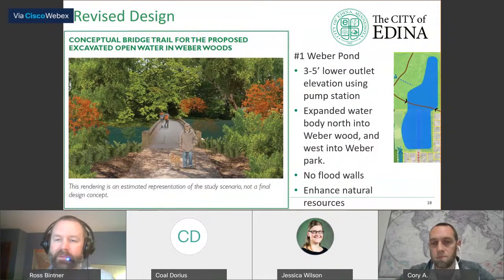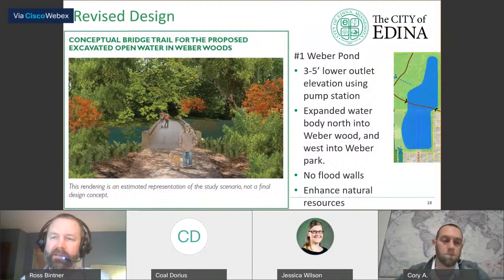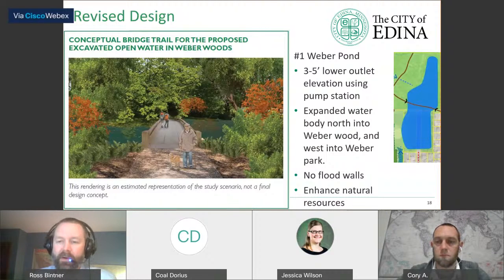So as we detail these out with more specificity, we're going to be creating a technical memo, and we'll be sharing more of this online to get the conversation going. We'll be having meetings with properties in particular. But the Weber Pond, as you see it here, might be an example of our biggest or the best option